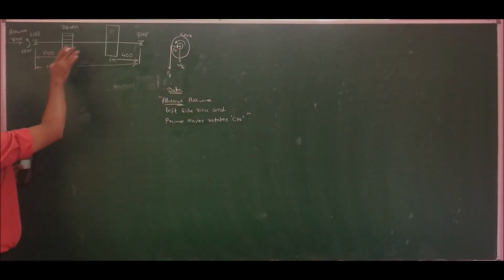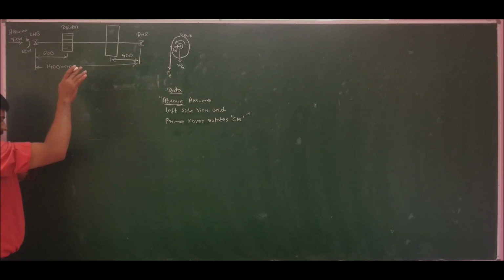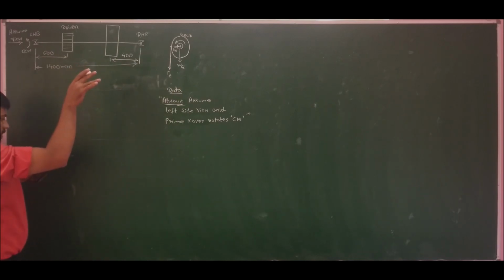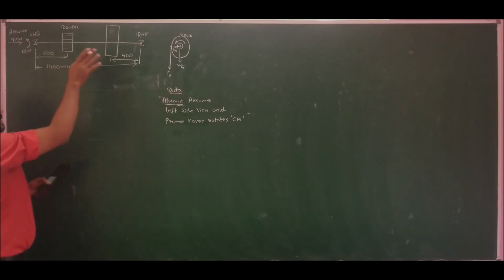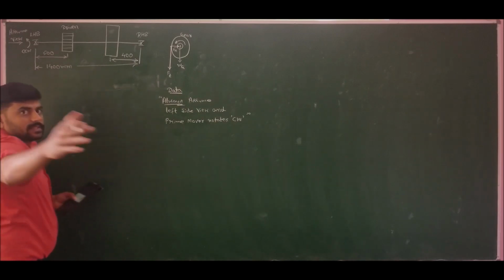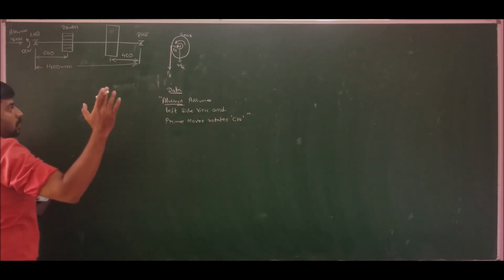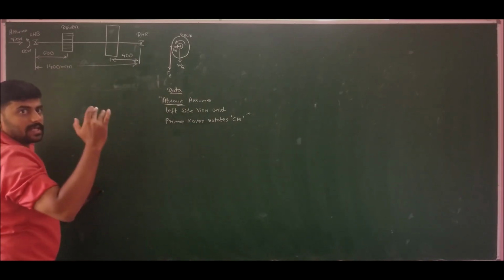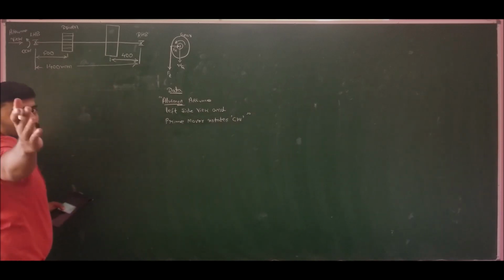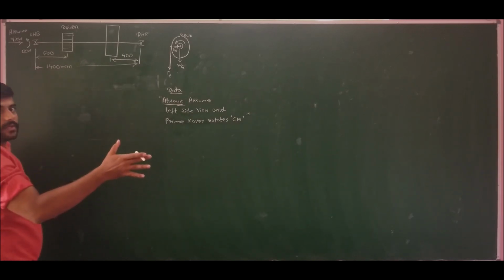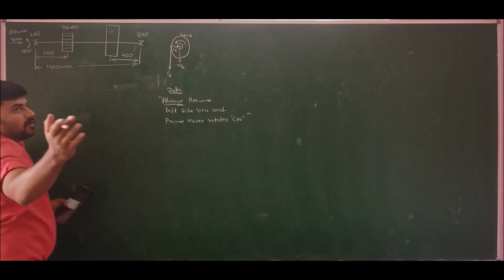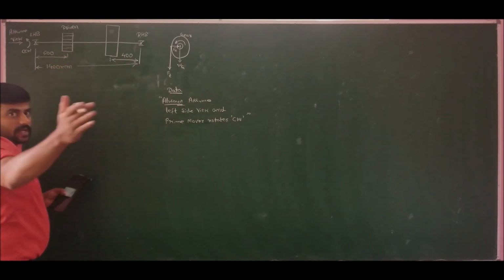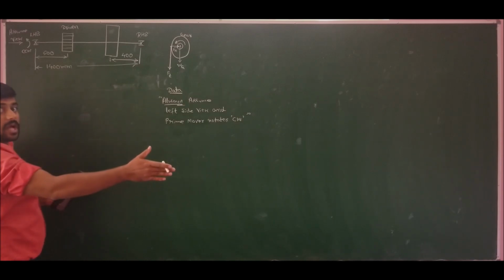Now coming to the pulley, it is delivering the power towards the observer horizontally and inclined at an angle of 45 degrees. So it is delivering power towards the observer. Towards the observer is you people. So when he says towards the observer and away from the observer, he is speaking with respect to the front view. Towards the observer means in front of it, away from the observer means behind. So therefore it is delivering the power in front of the observer. So here it is giving out the power.